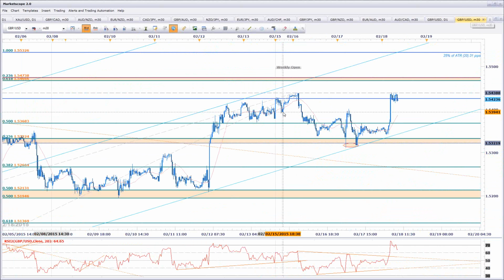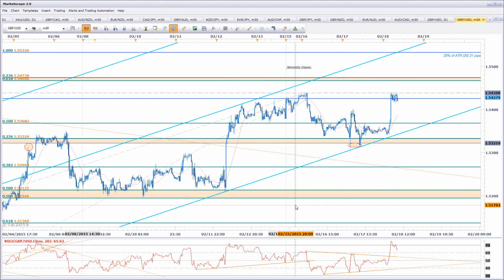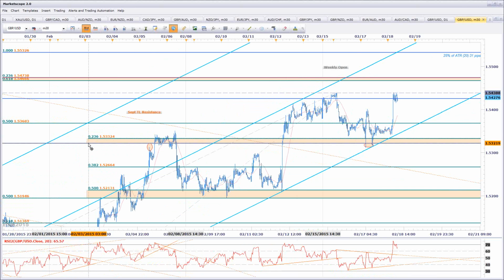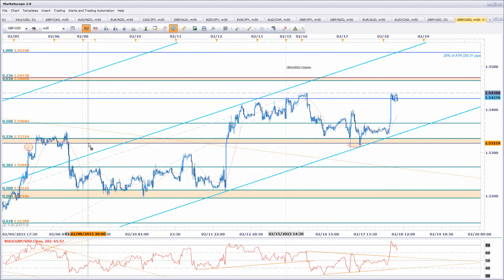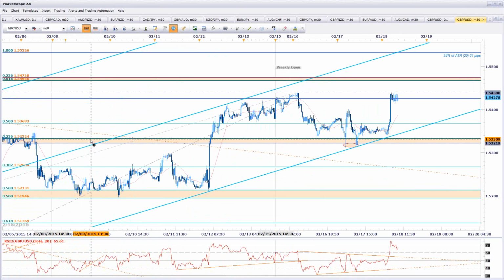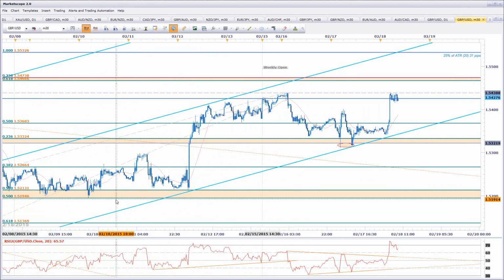As we opened up Sunday trade, failure to break above that region, near-term resistance, saw a nice trigger break in momentum, okay, and took this thing right into a key support structure. You can see we highlighted this region earlier in the week, just above the lower median line parallel, and just below the 236 retracement of the advance off of the February lows. Okay, so the region in focus here is going to be 154.40 into 153.20. I know it's a larger region, but the ATR has been rather wide here for the sterling as well, so we do have